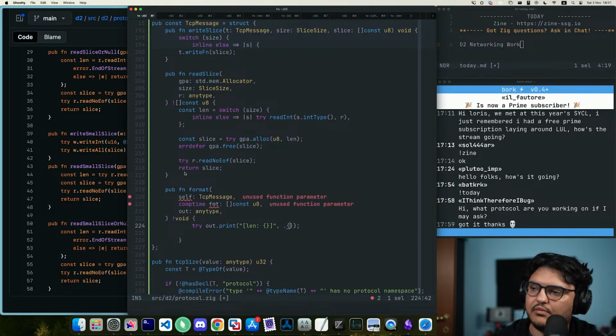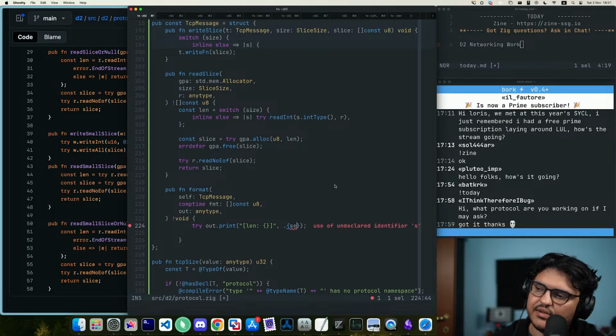I guess for now it's good enough, because this guy doesn't know about the structure of what it's inside of. So maybe in the future we could make it print like a hash of the message, so that you could recognize messages by having identical hashes. Maybe. In any case, length is going to be self.header and